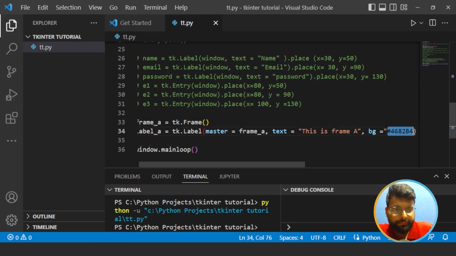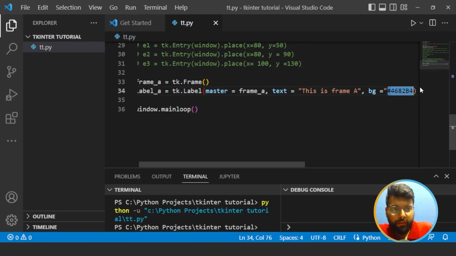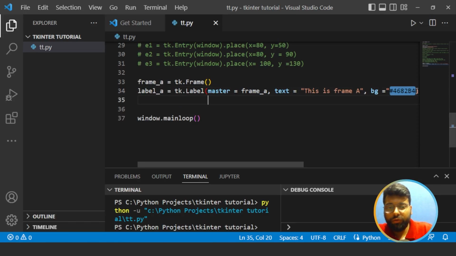So you will get the background color, and now we will pack this label so that it gets displayed on your Tkinter window. Okay, so for that we will write the variable and use the pack method,